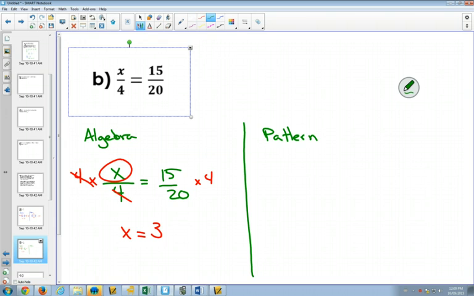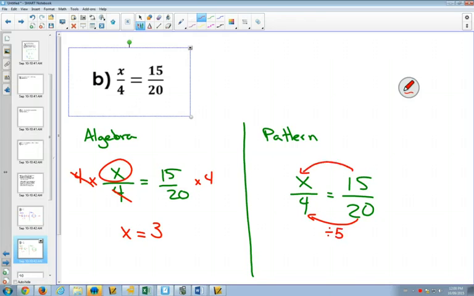The pattern way. Start with our fraction, and we have to look, is there an easy number that we either multiply or divide by to find our number? Well, I'm looking at the 4 and the 20. If I went from 20 back to the 4, what would I have to do? I'd have to divide by 5. So if I do the same thing here, I take my 15 and divide by 5, and 15 divided by 5 tells me that x has to be 3. Now, what we just did